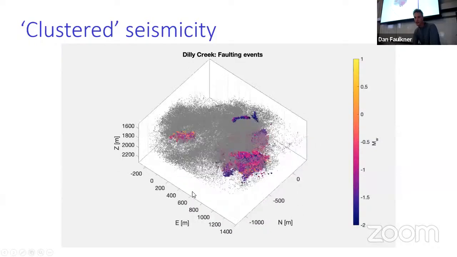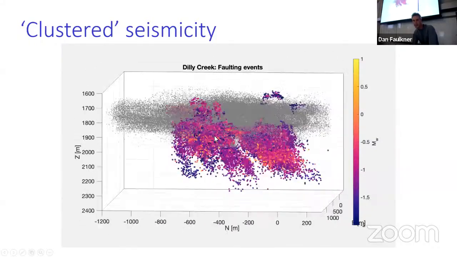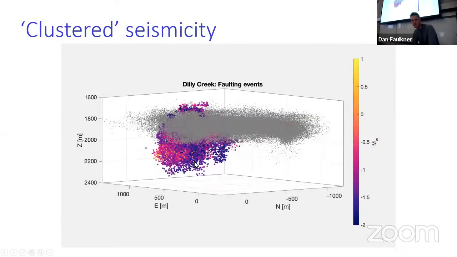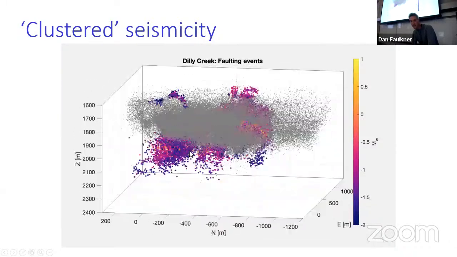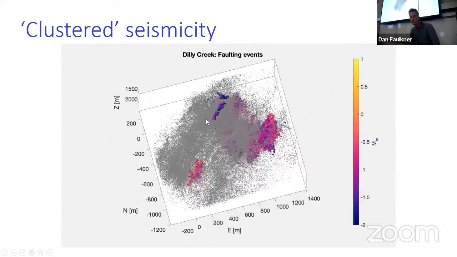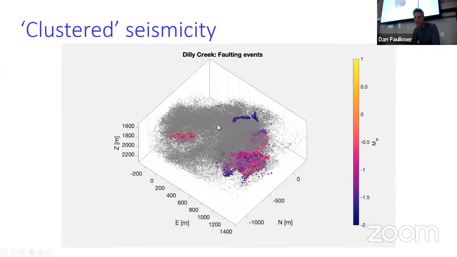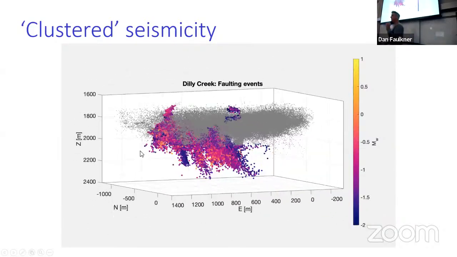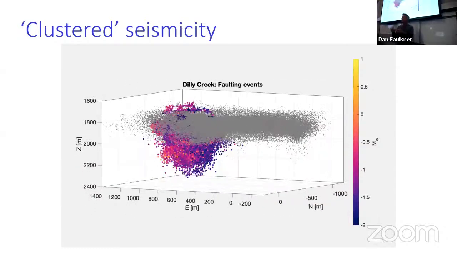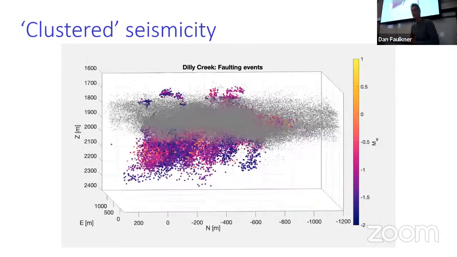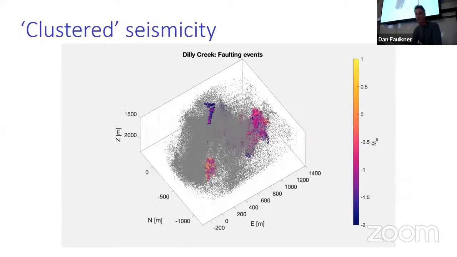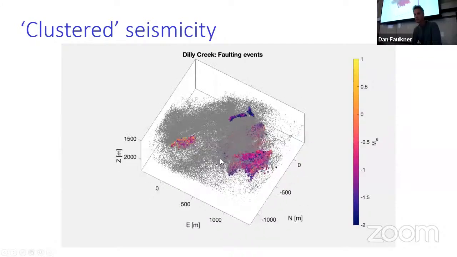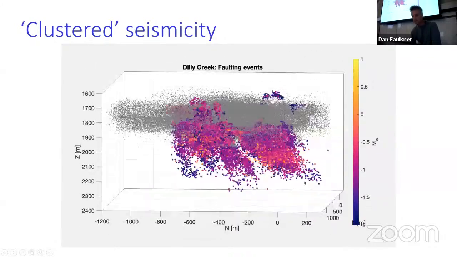So here's just an animated GIF showing these planar structures. You can see them at some angles better than others. The coloured ones are the ones that we used in our analysis to look at faults, and the grey ones are the ones that we're not interested in, because their statistics and their size isn't going to tell us anything about a large magnitude seismic event that could happen within the reservoir. They're only going to occur on the faults. So it's the coloured dots that we're interested in looking at.